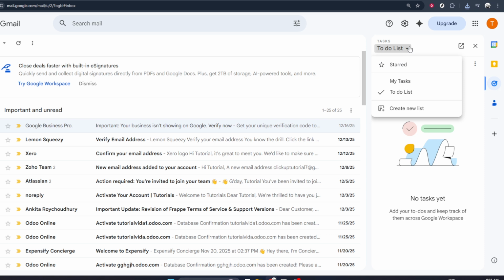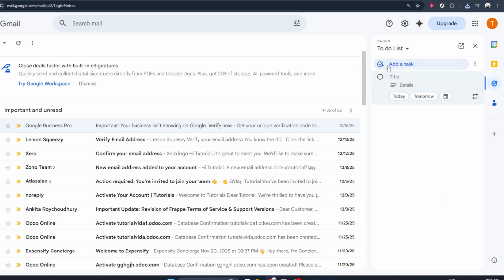This will open the Google Tasks panel on the right side of your Gmail window. When the Tasks panel opens, you'll see an option that says Add a Task. This is where you begin creating your first item. Click on Add a Task. A text field will appear, waiting for you to type something in, but before we add specific tasks, we'll organize